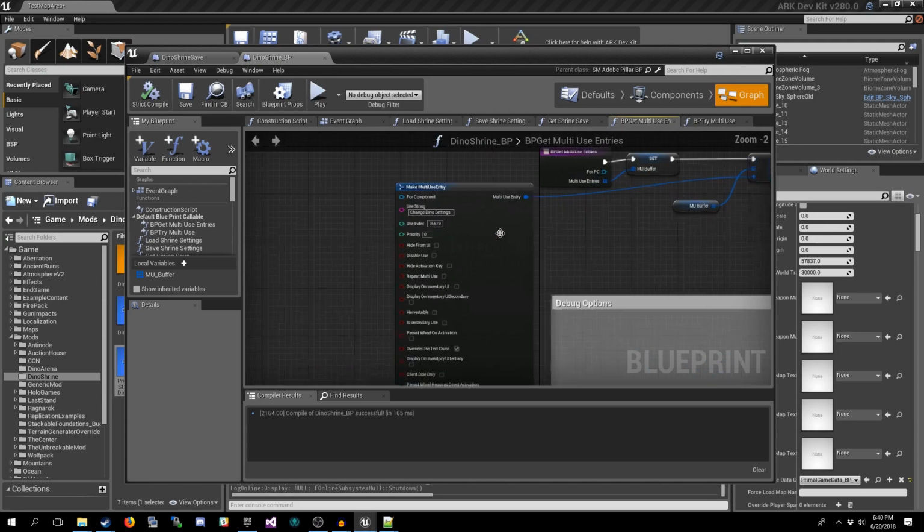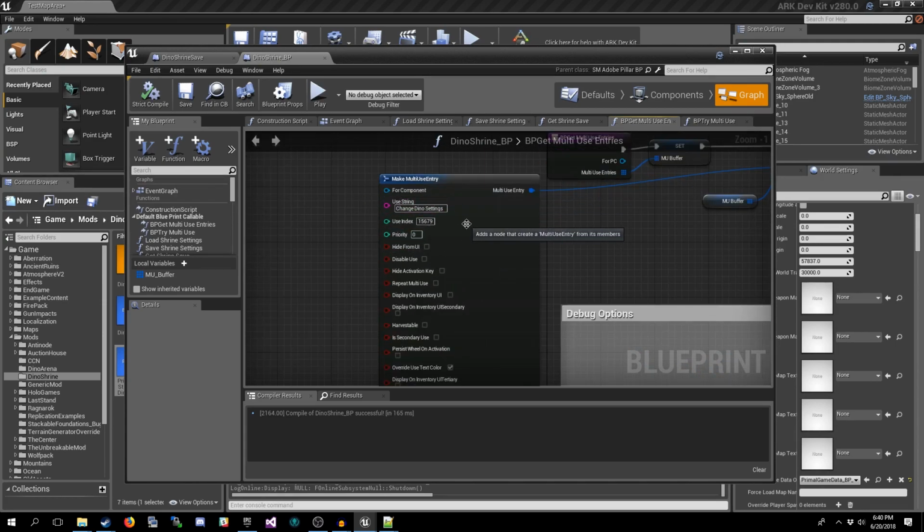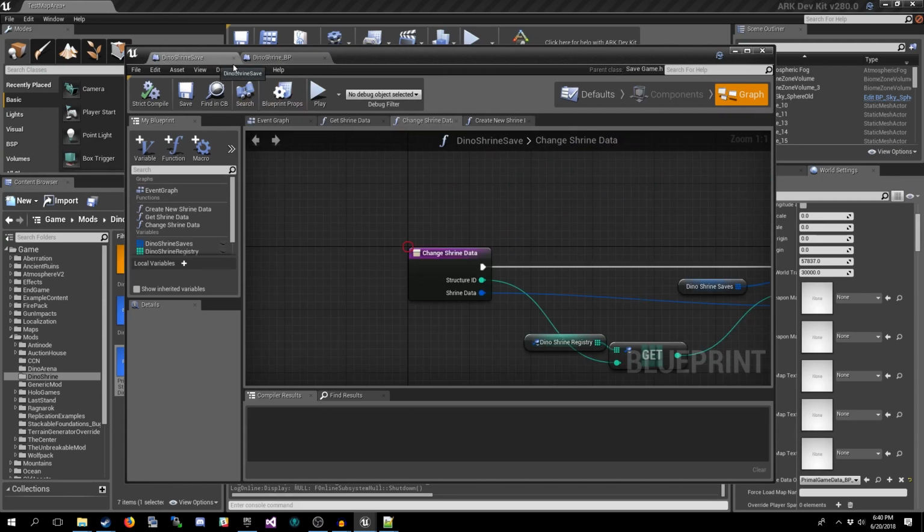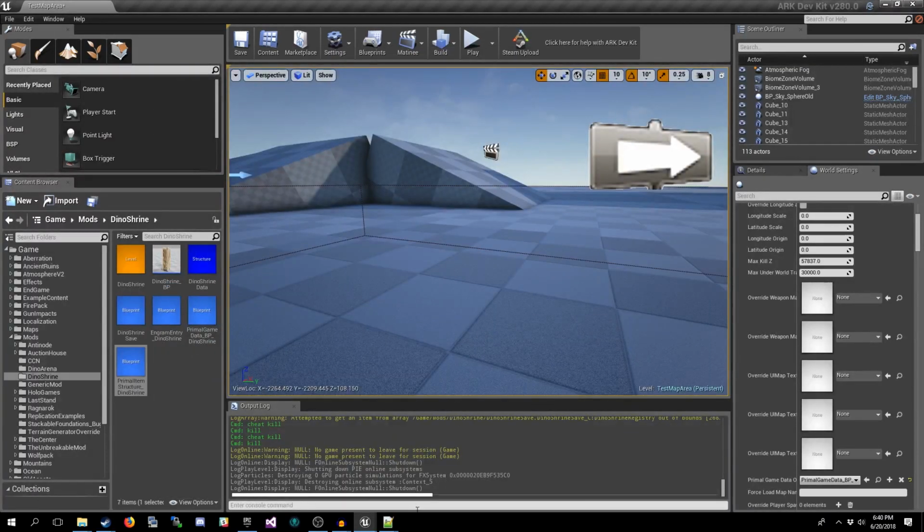So all we would have is this one option that doesn't do anything yet. But if we did have the debug settings working in the live game, these would get saved out, and the next time we loaded the game, the structure would load these. And that's all there is to it.